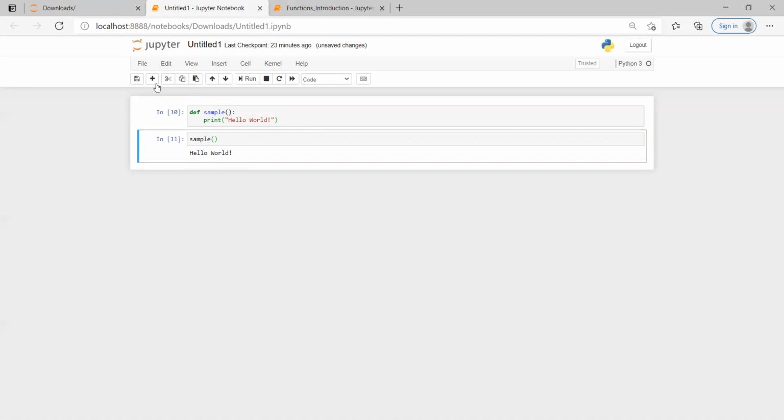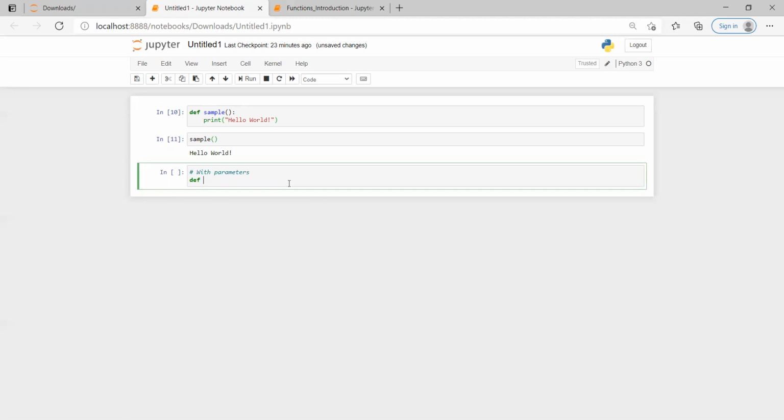Now let's see how this function works with parameters. I'm just going to show you with parameters. I define def params, which is nothing but my function name, and I mention arg1. Just one argument, ending the definition with a colon.